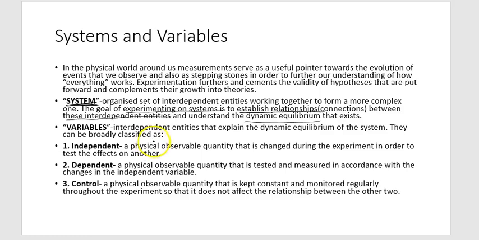Another example might be a container filled with gas, right? So we say that this gas is at a certain value of pressure, enclosed within a certain volume and at a certain temperature. So pressure, volume, temperature, these interdependent entities are now working together to form the system that is known to us as an enclosed gas. Every system that we see will be defined by these variables, and our goal in terms of experimentation would be to cement a mathematical relationship between these variables that go on to define the system.